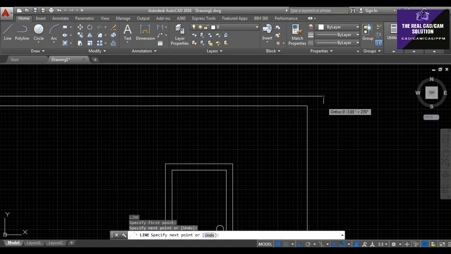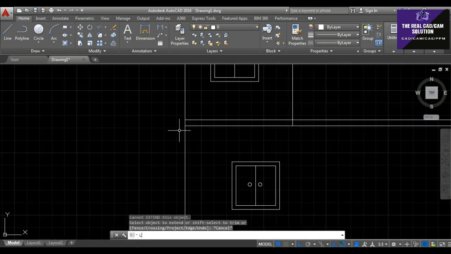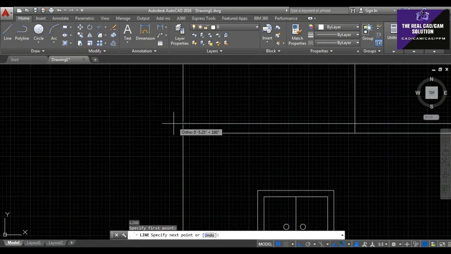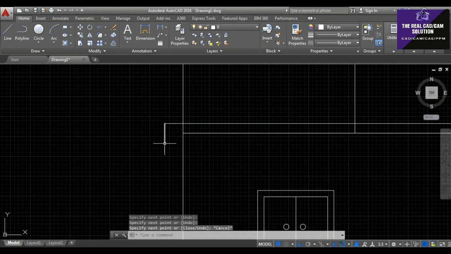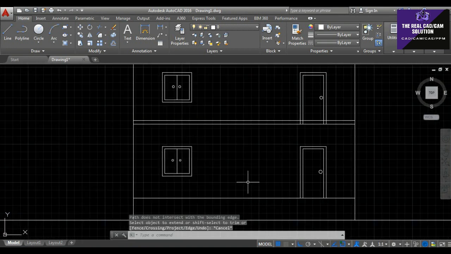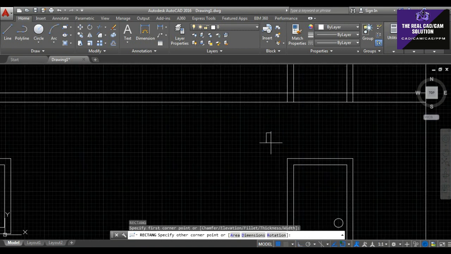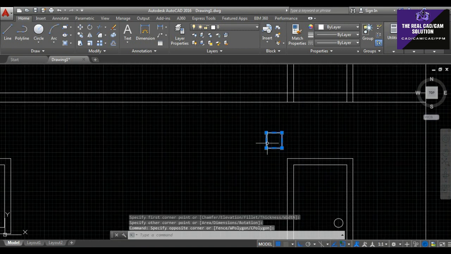It gets some distance for the elevation detail. Then I go to draw some circles on the exterior side.